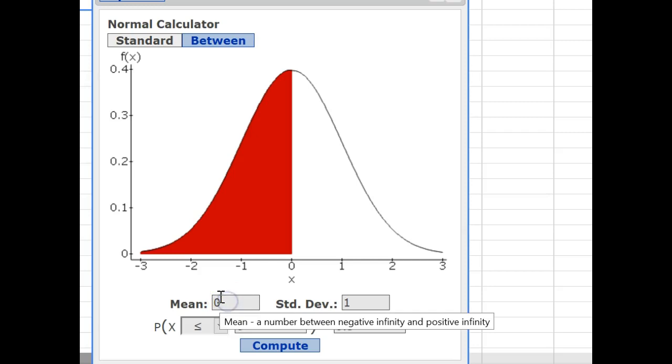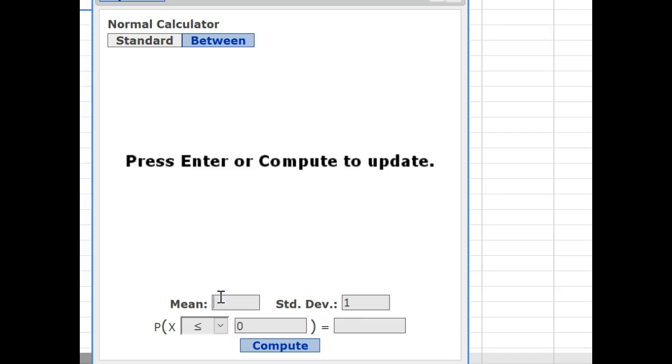For the mean, we would type whatever the given mean was in the problem. I'm just going to use the one from the book, which was 272, and for the standard deviation it was listed as 9. Here we have less than or equal to or greater than or equal to. Remember, for a continuous random variable, it doesn't matter if it's strictly less than or strictly greater than. Whether the endpoint's included or not doesn't affect the probability, so that's why those other two options aren't there.